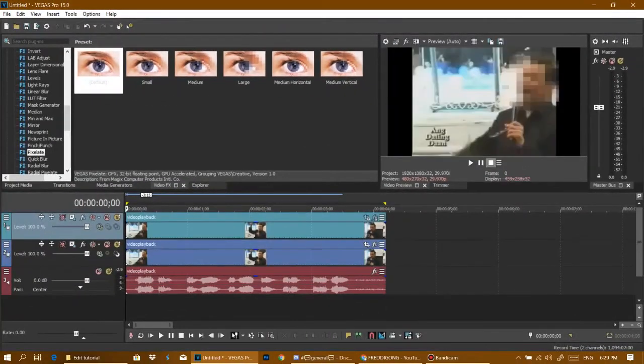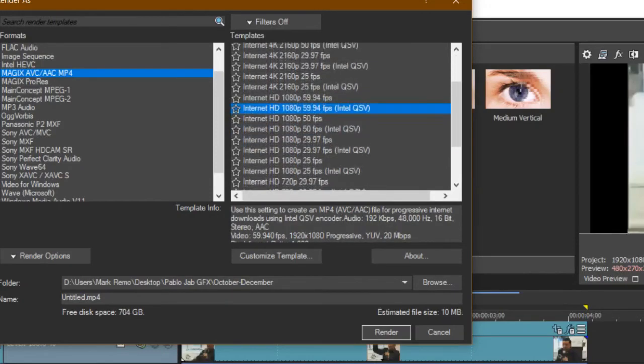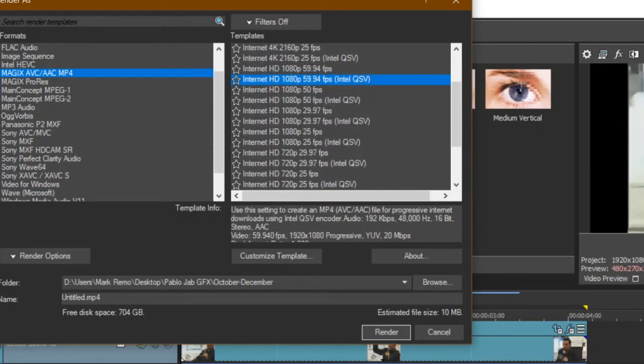Gago, tanga, inutil, tarantado. So that's really simply it. And by the way, if you're new to Vegas, just a tip, if you do have an integrated graphics card like me, make sure to select Intel QSV when you render, or just anything that doesn't use the main CPU, because it will really take a lot of time, and it will save you time if you use your graphics card to render this. So I'm just gonna render this a bit just to use it for the thumbnail,